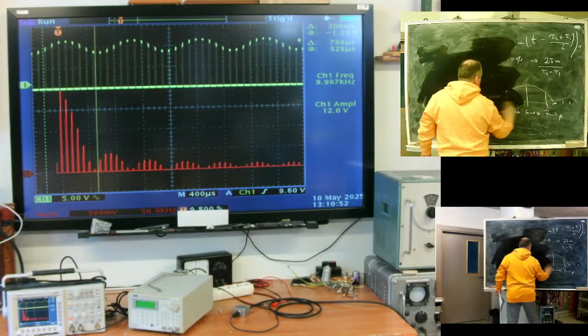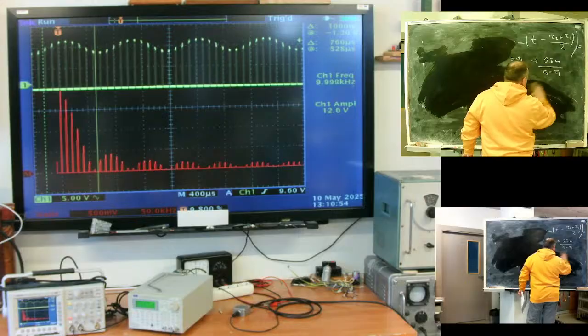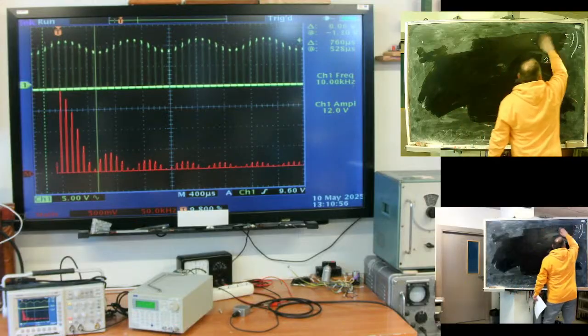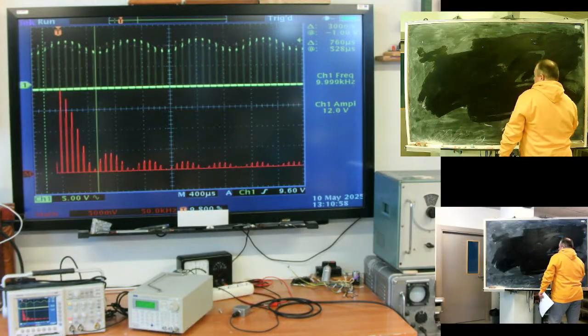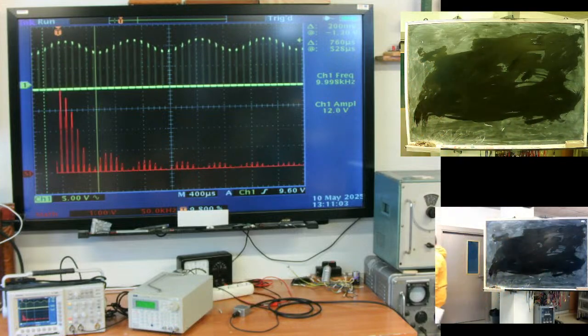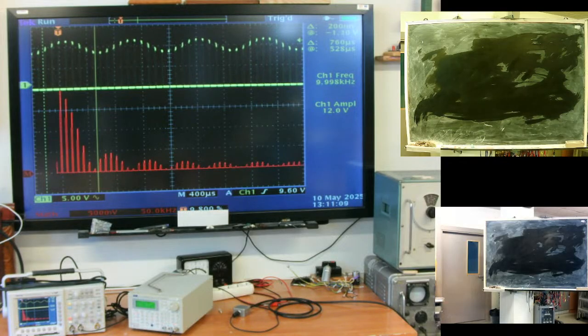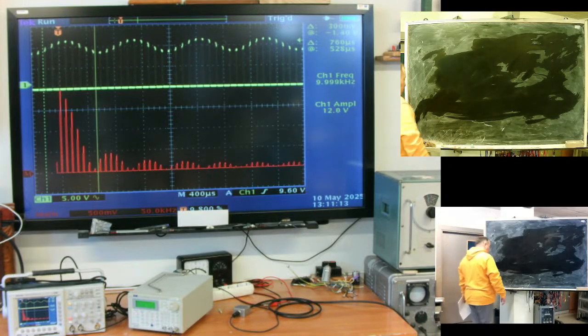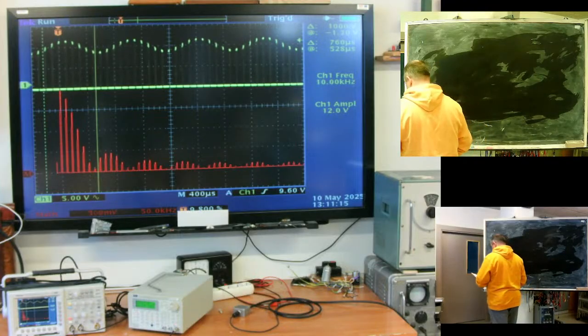This is called pulse amplitude modulation, or PAM. So it's easy. An easy form when the pulse amplitude is subject